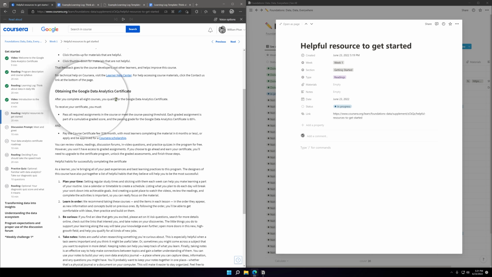After you complete all 8 courses, you qualify for the Google Data Analytics certificate. To receive your certificate, you must pass all the required assignments in the course or meet the course passing threshold. Each graded assignment is part of a cumulative graded score, and the passing grade for the Google Data Analytics certificate is 80%.